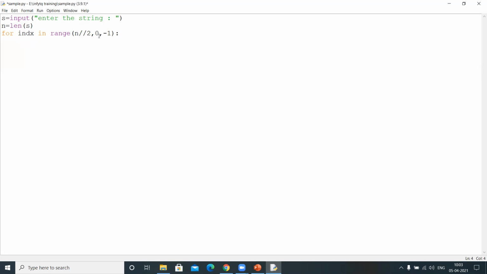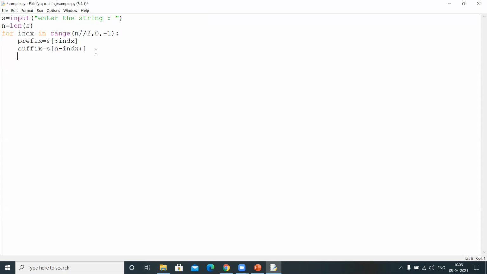And prefix equal to s colon index, means from the starting up to that index we need to take the characters, which is nothing but the prefix. Suffix equal to s of n minus index colon, all the remaining. From that element to the end of the string you need to take the suffix.